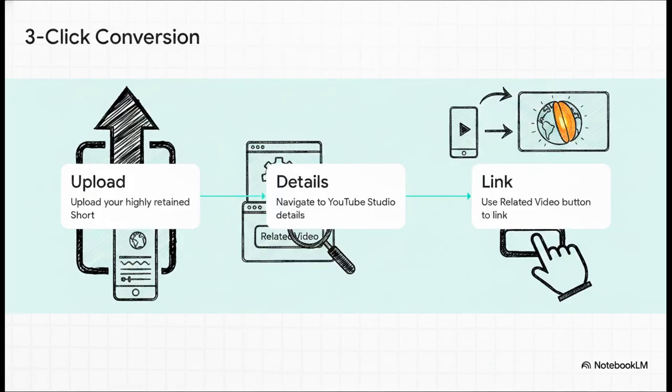Well, YouTube rolled out this incredibly simple, game-changing feature that lets you funnel traffic from a viral short directly to your long-form content in literally 3 clicks. When you upload your 6-second Earth's core short, you just pop into the studio details and hit the related video button. Link it straight to your 15-minute, highly produced documentary about the center of the Earth. A clickable button appears right on the screen, funneling that hyped-up audience directly to the content that actually generates revenue.